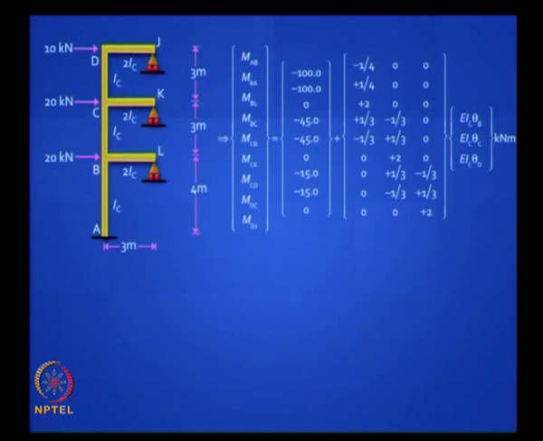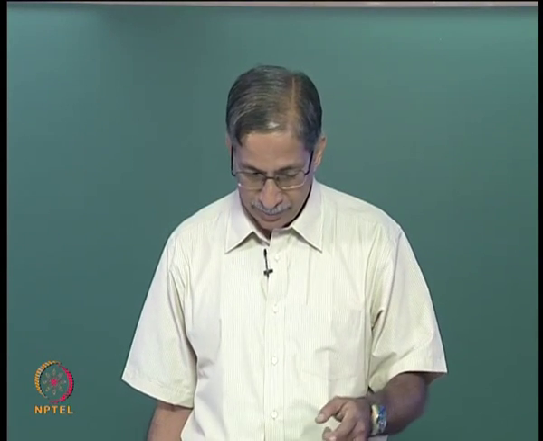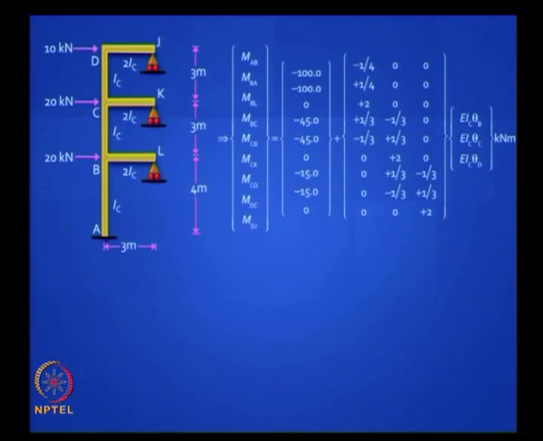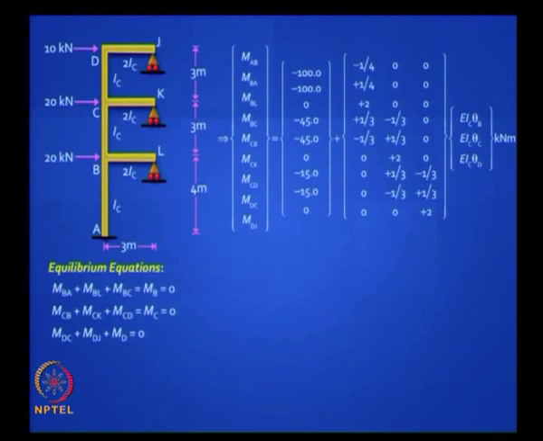You have to write down 3 equations, and they are easy equations because there is no shear equilibrium here. It is all moment equilibrium. What are the 3 equations? The net moment at B should be 0, which means MBA plus MBC plus MBL equal to 0. Right. So you take the second equation, the third equation and the fourth, or the second, third and fourth rows in that equation, add it all up, put it equal to 0, and likewise you do for the others,